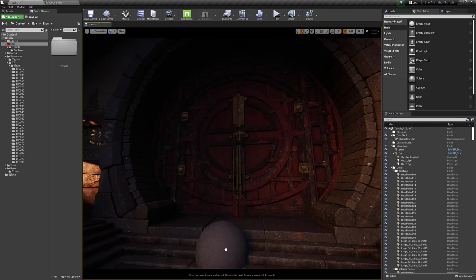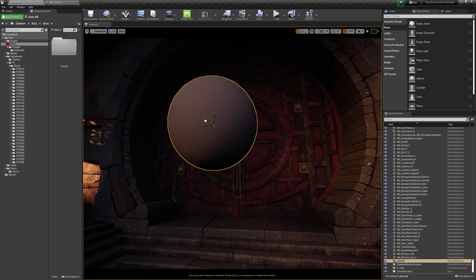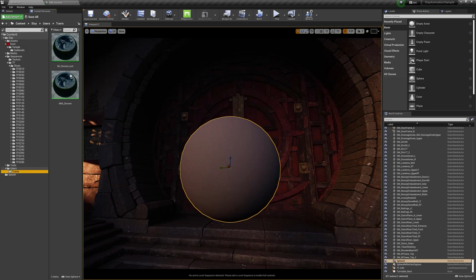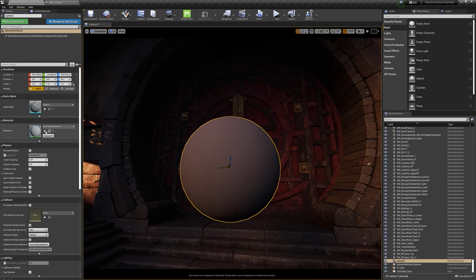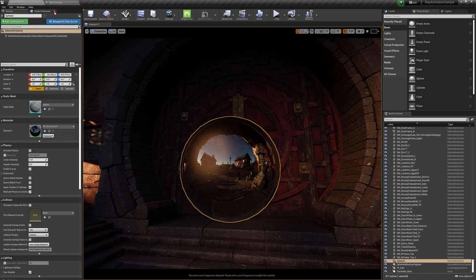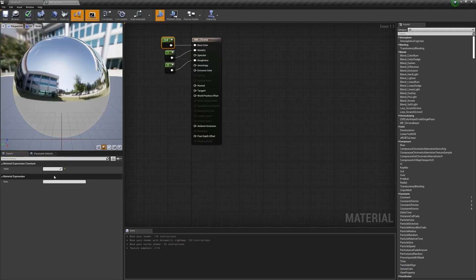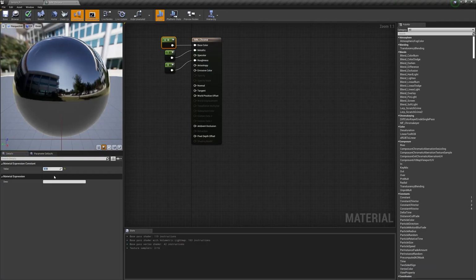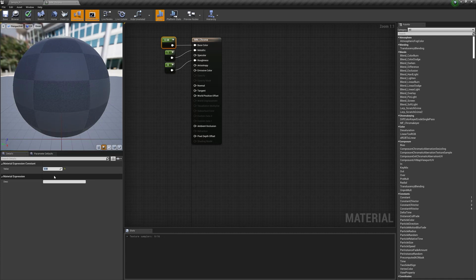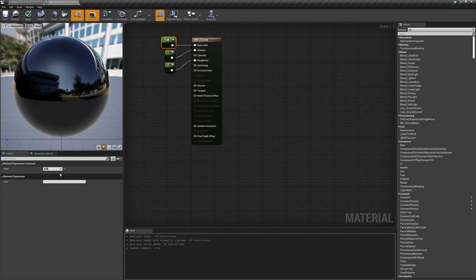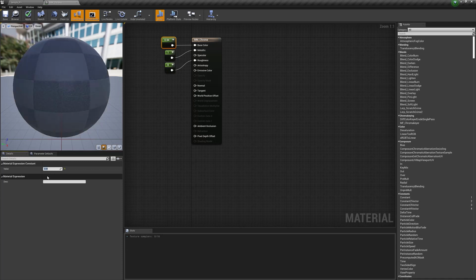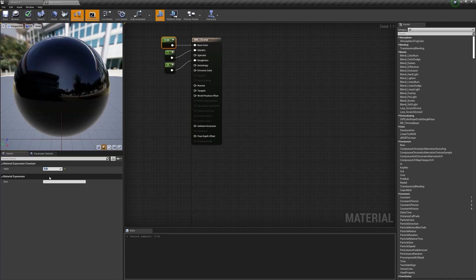So you may notice a sphere inside of the shot. Let's go ahead and pause here for a second, do a quick warm up and go over what we're doing with that. You can just drop a sphere in from the Place Actors menu, and then we'll throw a simple chrome material on that. You can go with a light chrome or dark chrome. Specifically, if you darken it down, you're going to be able to tell what light sources and silhouettes are having the biggest impact. So feel free to play around with those numbers.